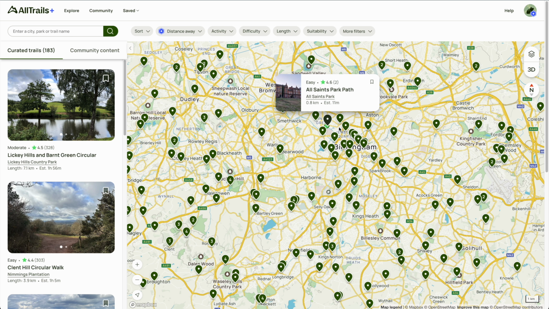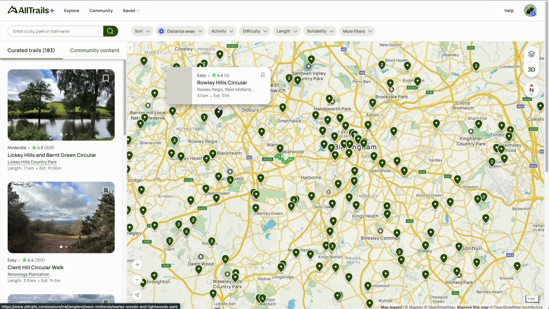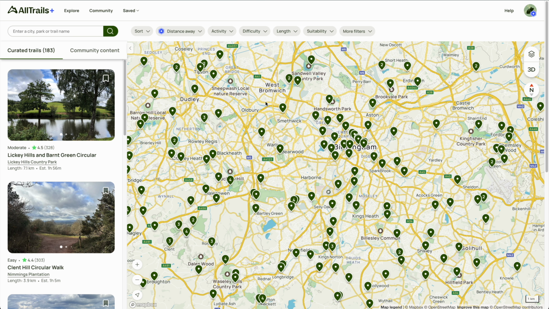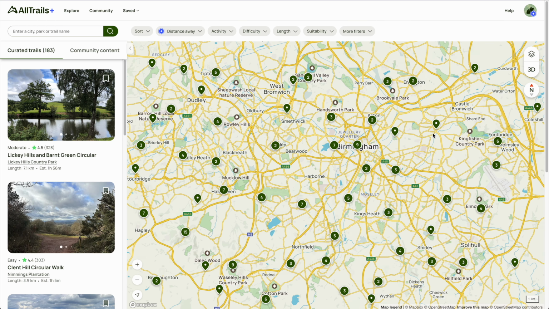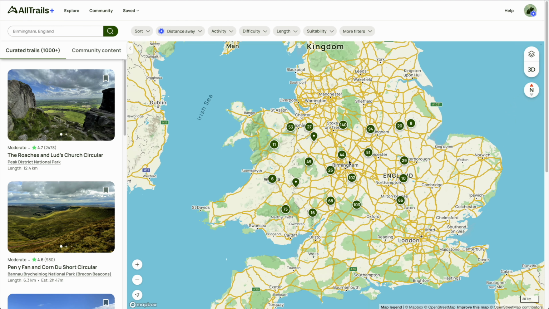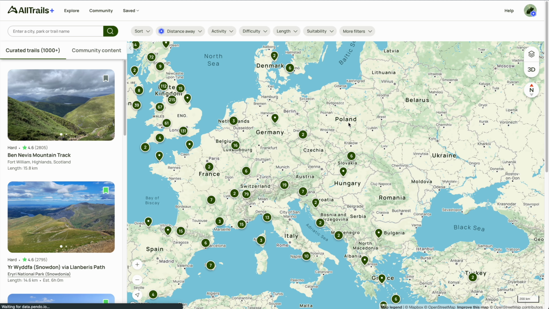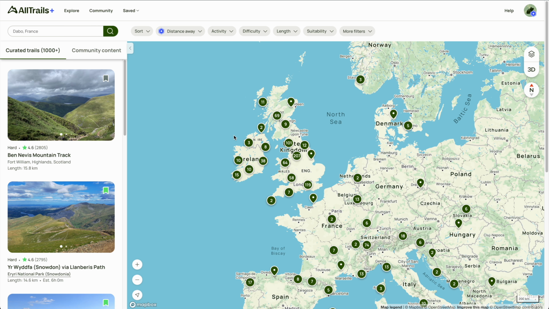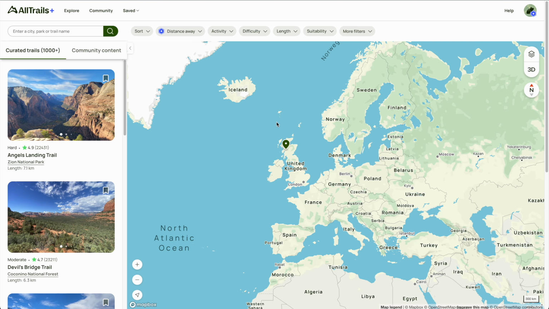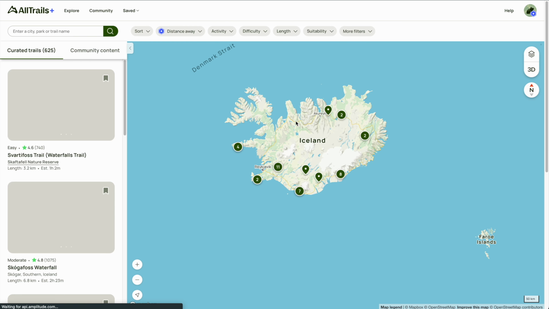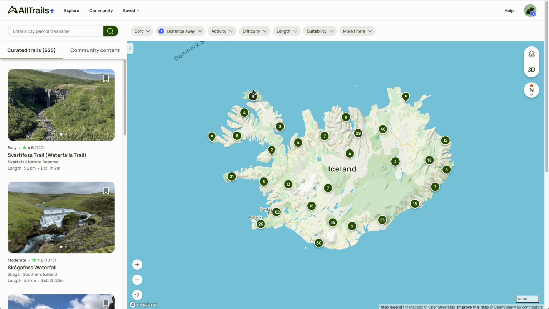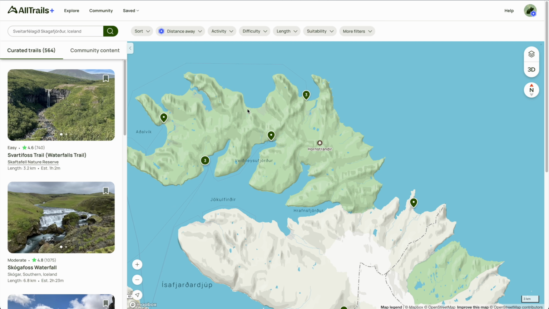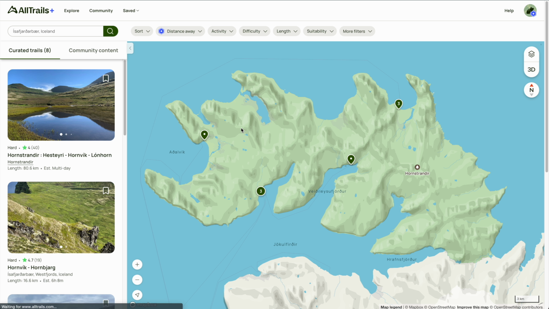There are many green marks on this map. Each green mark presents existing hiking trails made by someone else. Then we zoom out the map. We can see many different countries, including many trails. We can choose a place we want to go, for example, Iceland, and pick a small corner of Iceland, like this. So we can see 4 green marks on the map, and there are 8 trails in this small